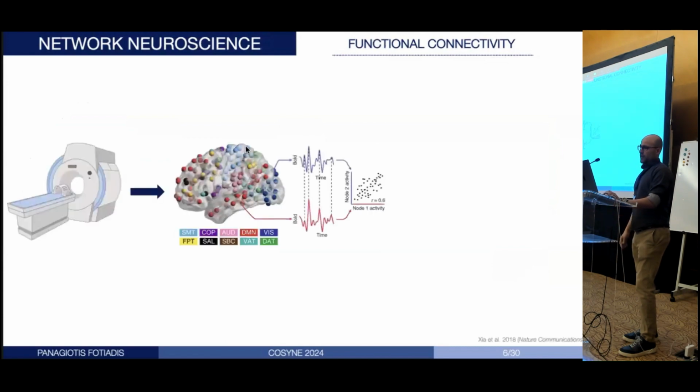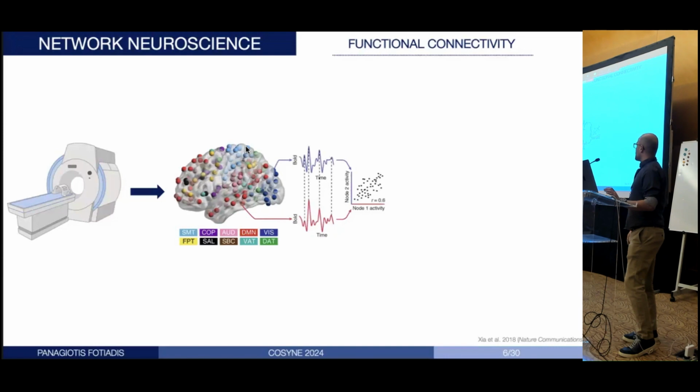Similarly, the way that we do that is we acquire, with the MRI scanner, an MRI called functional magnetic resonance imaging that comes in two flavors: resting state, where the person just doesn't actively do anything, they are just asked to stay there, and task-based, where, as you can probably imagine, you ask someone to perform a task while you're recording their brain activity. And once we do that, for each brain region, we can deduce the neural activation time series.